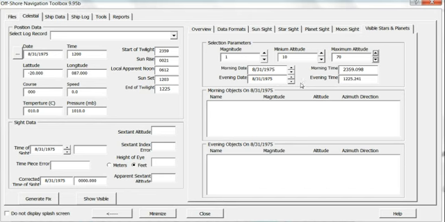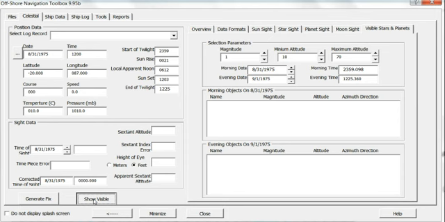You can change these by changing the date. If it was already past evening when you were planning these things, so you're not going to take any evening sights, you're looking at just morning sights, in the evening the following day, you can increment that, and all of a sudden there's a new evening time as well. So let's use that. Now we've got all the parameters set, so all I have to do is go down